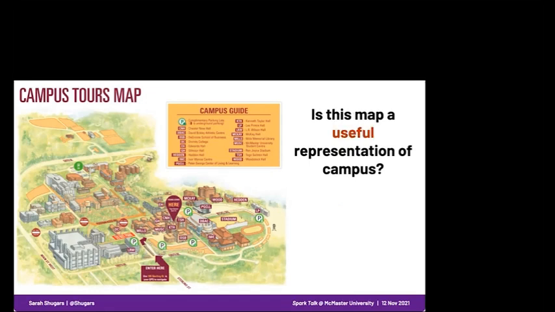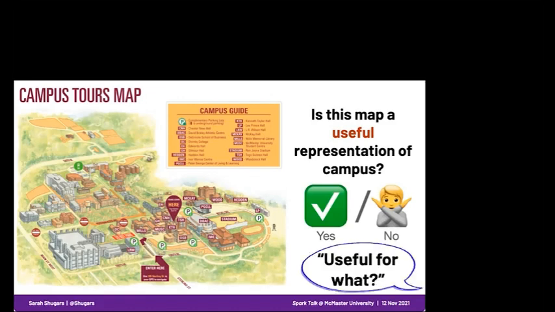So my next question is, is this map a useful representation of campus? And as many of the previous answers sort of implied, the answer I'm going for here is yes, but you might also reasonably say no. And a very important follow-up question that you might ask is, useful for what? So this map is useful if I want to visit campus and I need to know what address to put in my GPS or need to